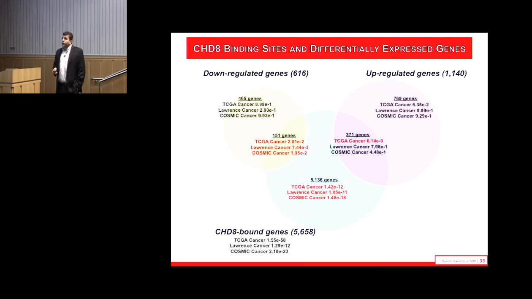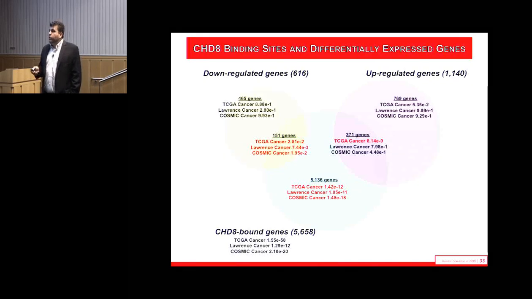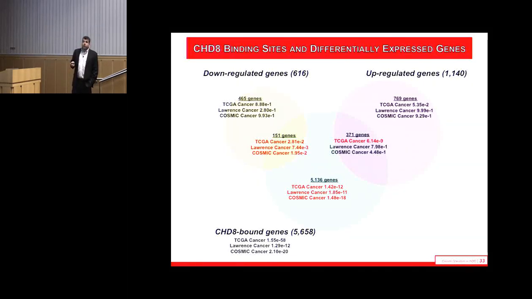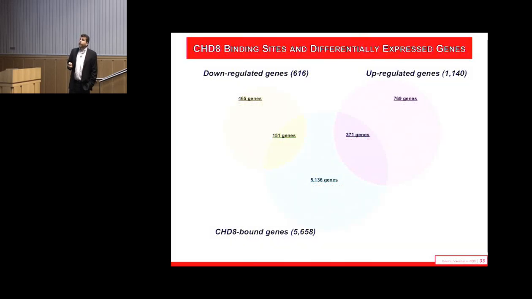Well, it turns out that if we look at cancer, be it the TCGA cancer set, or this more restricted set of genes that had de novo somatic mutations from Lawrence et al. more recently, or a COSMIC cancer set that includes point mutations and CNVs, they're all statistically significant in genes bound by CHD8, but not in genes regulated by CHD8 indirectly. And in fact, if you just look at the binding sites, the TCGA results are extremely significant, as are the point mutations. None of the autism sets are significant in the ASD bound genes if you consider those SFARI genes I told you about.